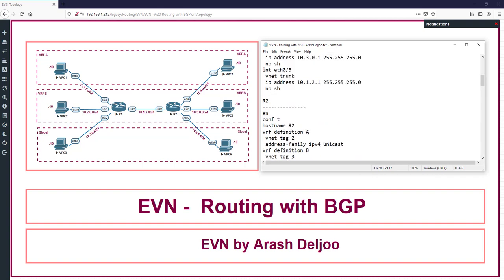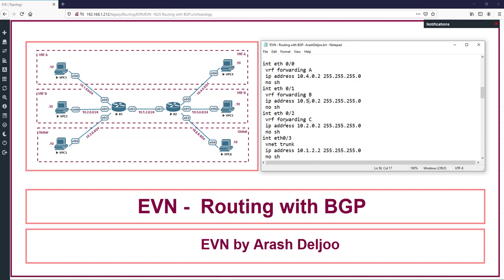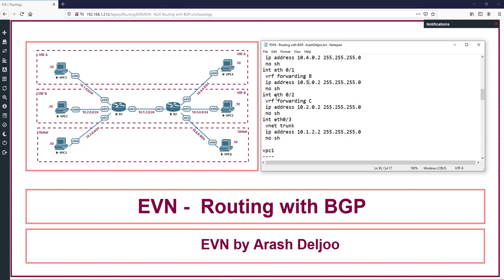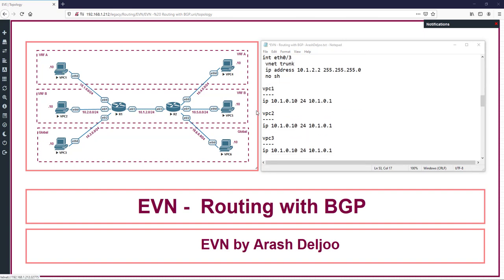And you know that, for example, on ETH0/2, we don't need the VRF forwarding C. The IP address of this interface is 10.6.0.2/24, and the interface ETH0/3's IP address is 10.1.2.2. That's it. And after that, the VPC1's IP address is